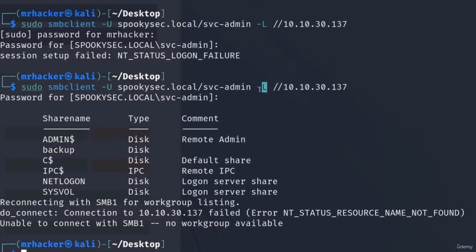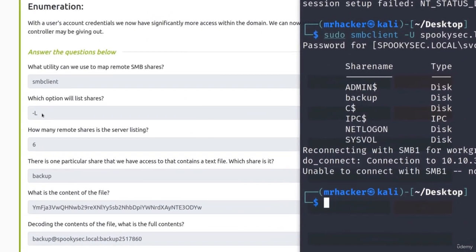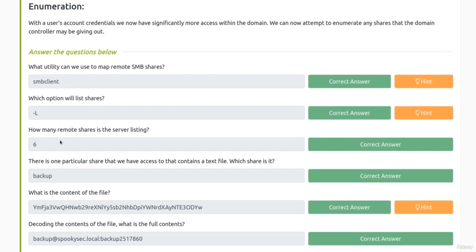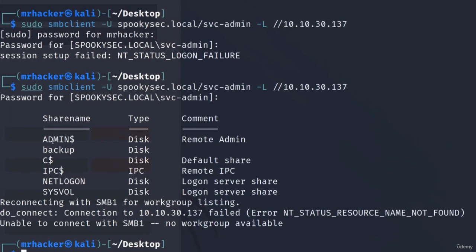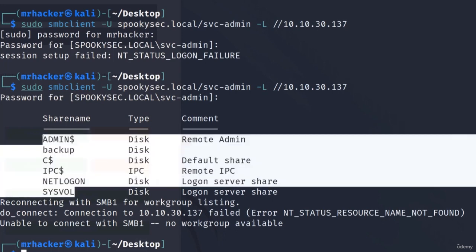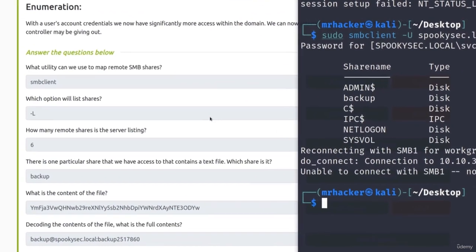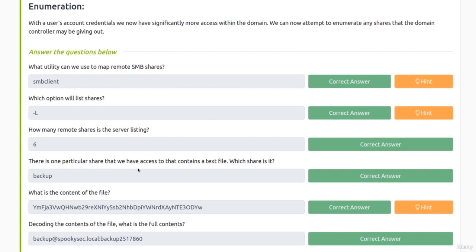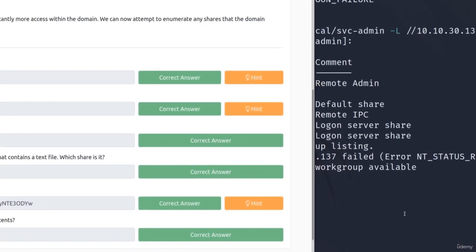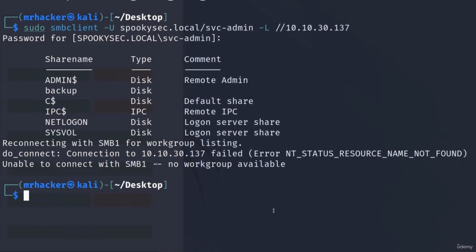So we use the -l option, and that will also be the correct answer. How many remote shares is the server listing? We counted that to be 6 right here, and there is one particular share that we have access to that contains a text file. Now, we didn't really come up to here yet, so let's see whether we indeed have access to the